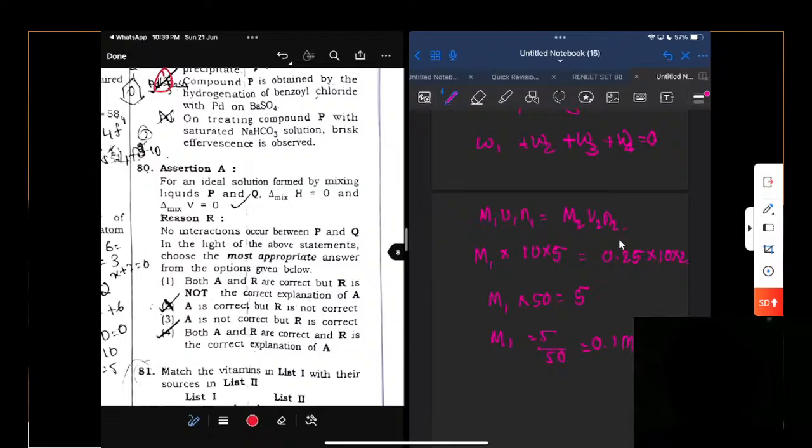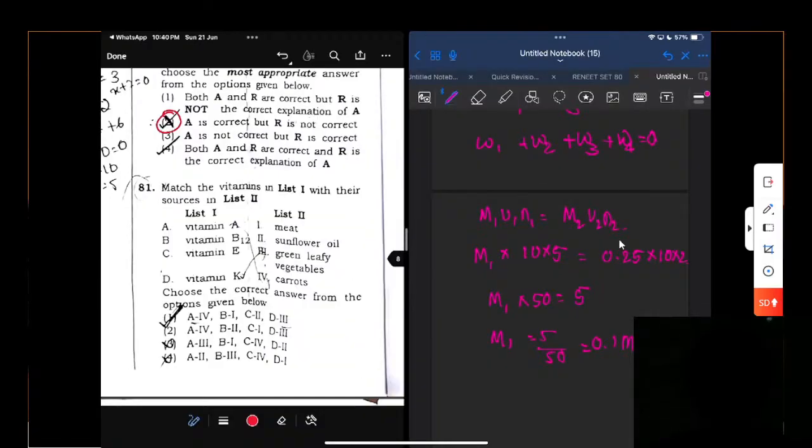The reason says no interaction occurs between P and Q. In light of the above statements, no, interaction will occur between P and Q, but the PP interaction and QQ interaction will be equal to the PQ interaction. So the second reason is wrong. The assertion is true and the reason is not true. In which option do we have this? A is correct, B is not correct. Option 2 is correct. Next, go to question number